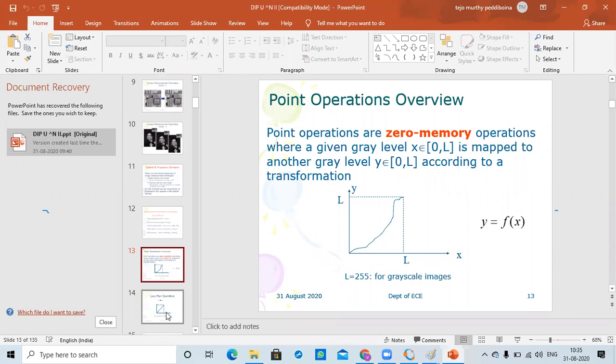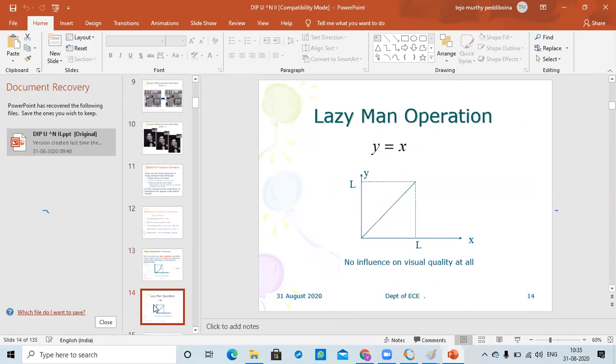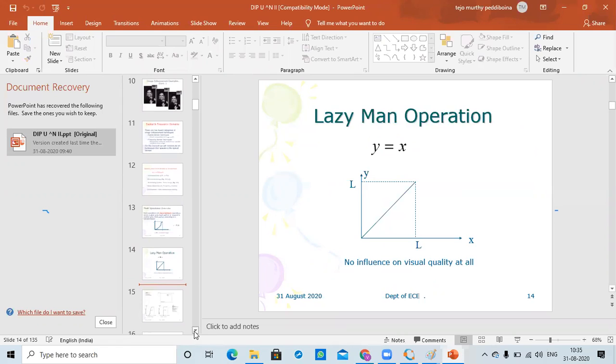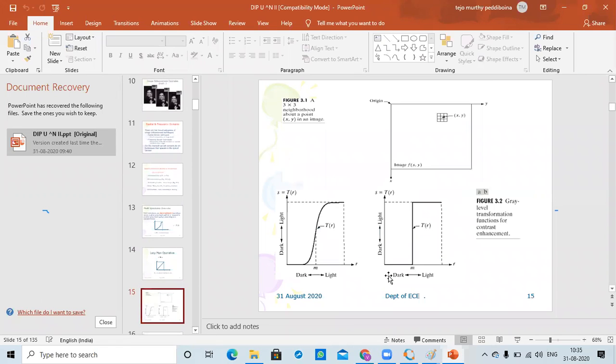I already explained this point. So there will be relation between input and output like this. Already we have explained this. So see the thresholding operation, what I have explained here. Up to m, it is 0. That means m value may be some 125 and this value is 255. So from 125 to 255, this value is 1. Okay.